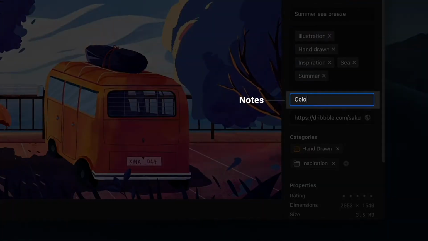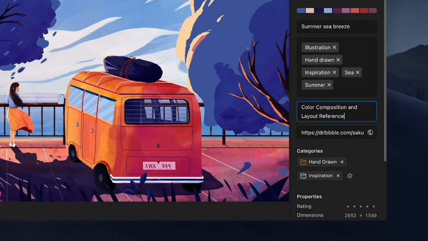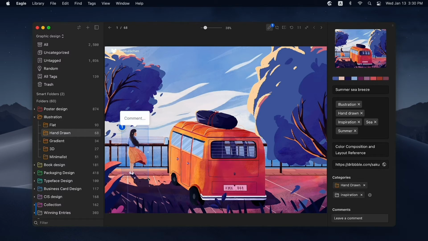The bar under the Tags bar allows you to add notes to the image. If you want to put your comments at a certain spot on the image, click the pencil icon on the upper right side, or press C to enter the comment mode. Then you can create a comment box on that spot to type words in. Click the pencil icon again, or press P to close the comment mode.